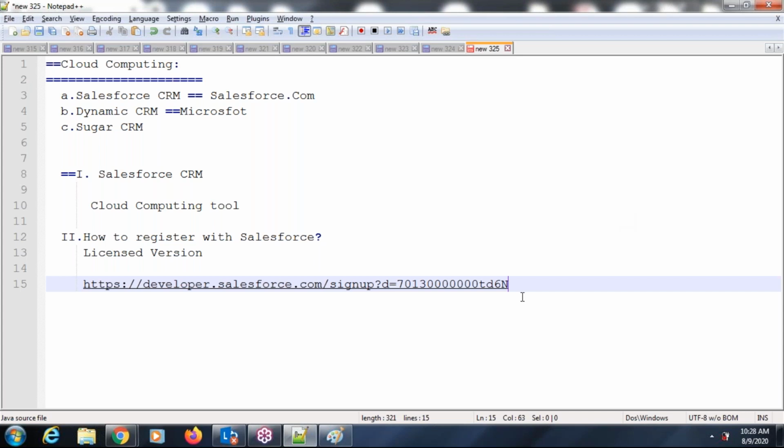Sorry. So this is a free version. You will just go and open an account with salesforce.com. You will create your own account. You have a Facebook account, right? How you register with Facebook, you open an account. It will never expire, right? It is a free version. The same thing here: we will open an account, and it is a free version, and it will never expire.